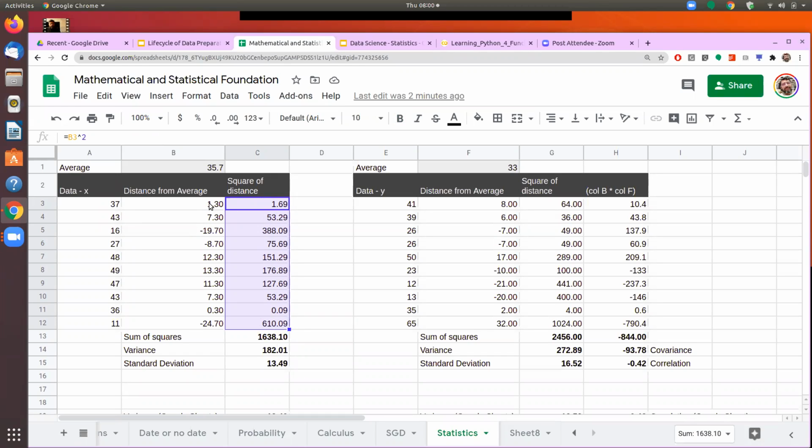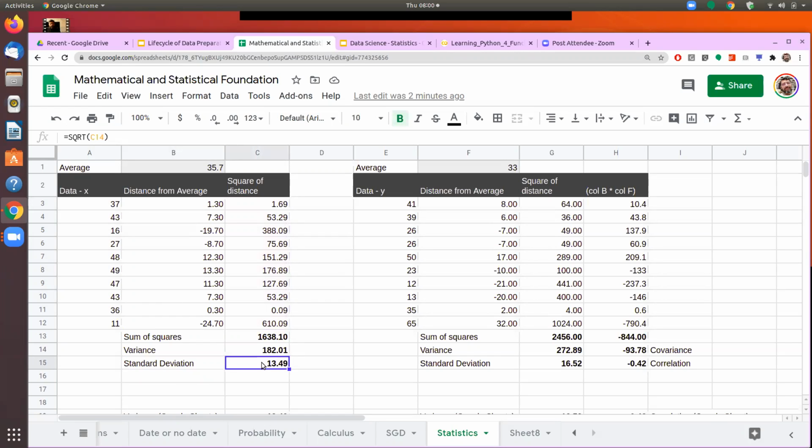So first I take the distance, then we square it, then we sum it. Now since we want to take the average, we divide that by the number of data elements we have, and that number will be the exact number of data elements if it is a population. If it is a sample, then we take n minus 1. That's how we arrive at this number, and we call it variance. But since we've taken the square of the number, we take the square root of the variance, and that's called the standard deviation.